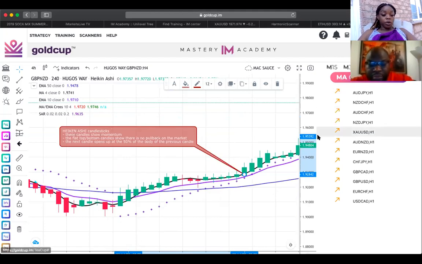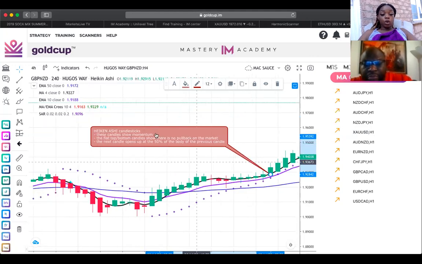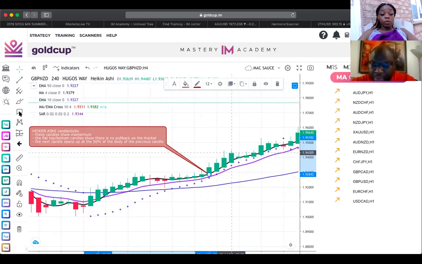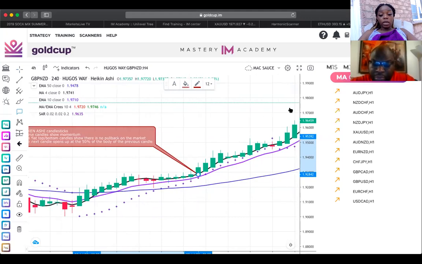Okay, so Heikin-Ashi candles. These candles show momentum. The flat bottom or the flat top candles show that there is no pullback on the market. The next candle opens up at the 50% of the body of the previous candle, right? You get another one. When you get a wick,